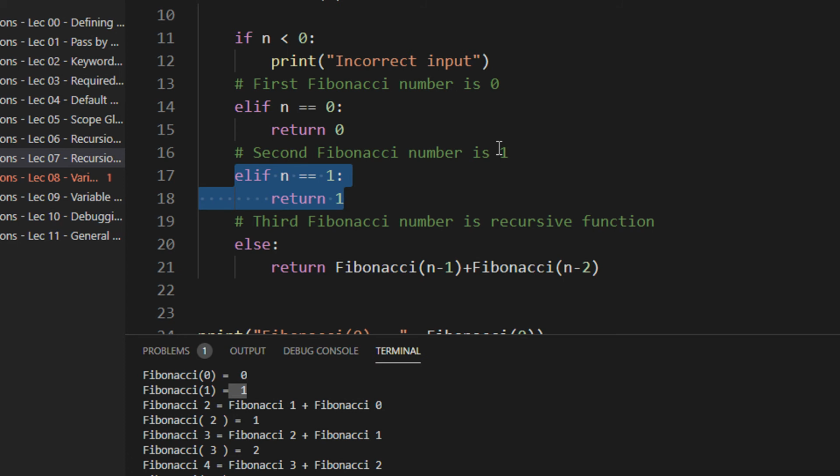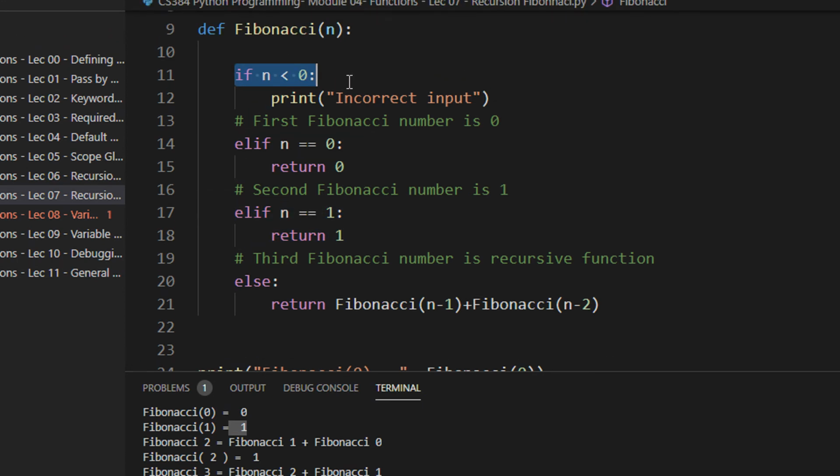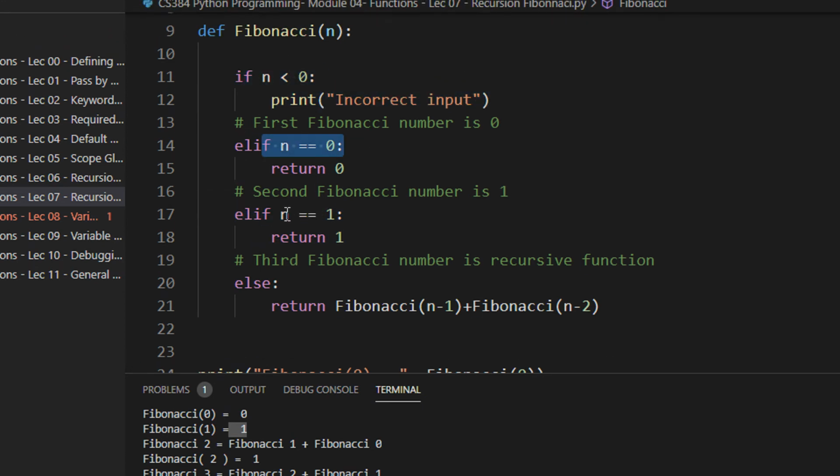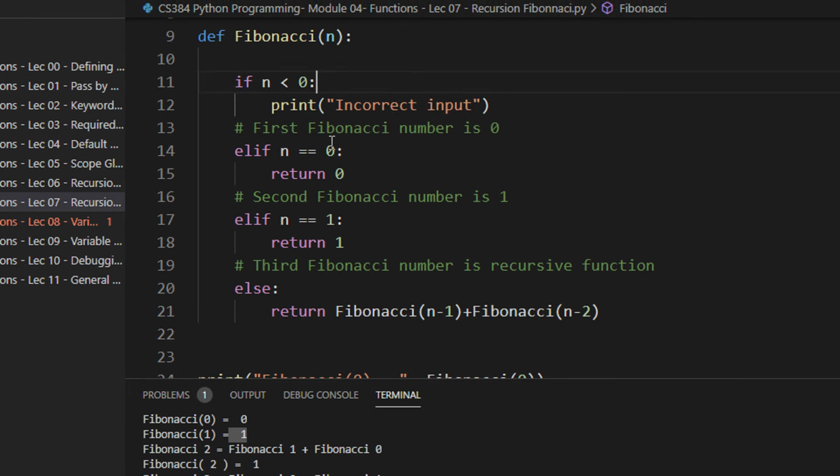Always keep in mind that whenever you are doing recursion problems, it should have an exit clause. What do I mean by exit clause? Exit clause means there should be a point where the function is exiting. Like in this particular case, if my n is less than 0 or n is equal to 0 or n is equal to 1, I am returning some values, right? But I have to ensure that the program eventually comes into these values, or else it will run forever and forever. With recursion, there are high chances of going into an infinite loop, so that has to be taken care of.